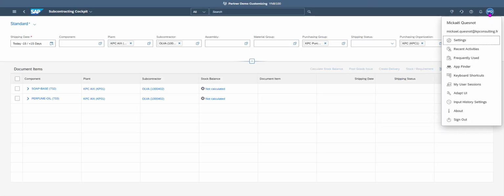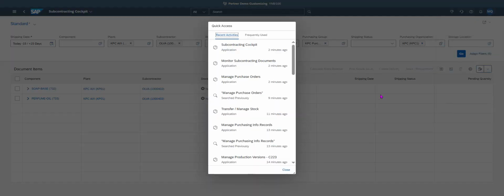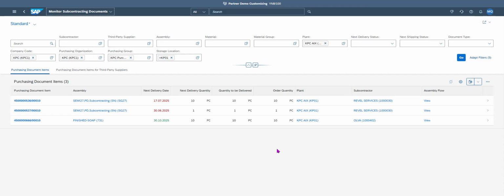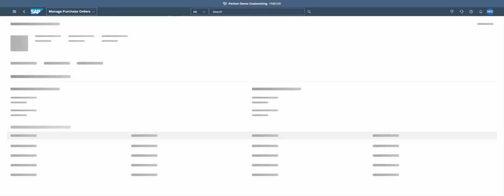If I go back right now in recent activity on monitor subcontracting document, so next quantity, if assembly flow, and if I go inside my purchase document item in the history,